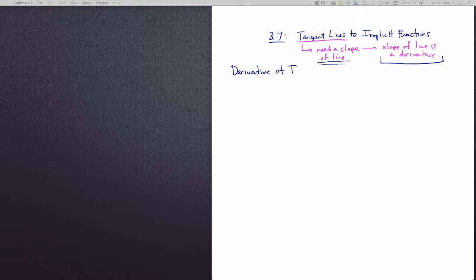So in this video, we're going to specifically talk about how to take the derivative of an implicit function. Okay, how to take the derivative of an implicit function. And this is also known as implicit differentiation. Okay, so this is one of the topics from section 3.7. Okay, so for example, as kind of like a warm-up